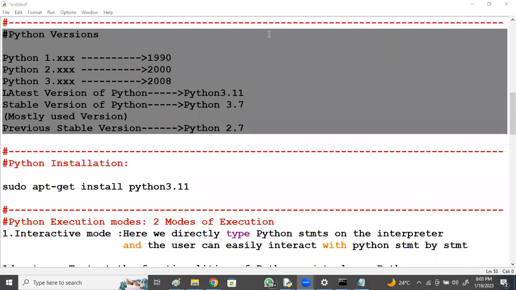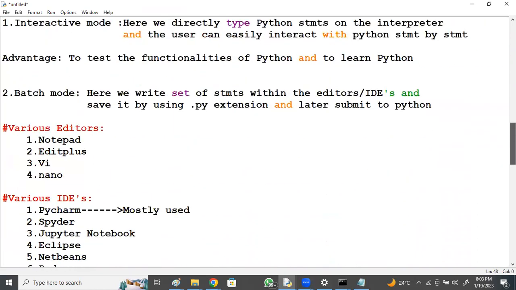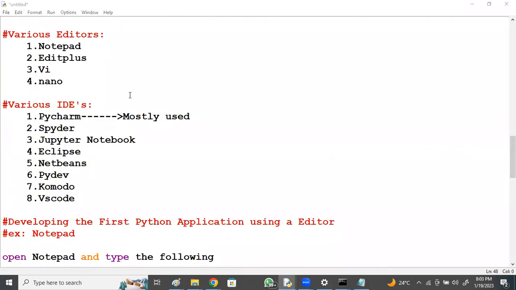Sorry, one doubt I had. During this 75 days of duration, are we working on Jupyter, or which tool? See, this IDE I was just showing you, PyCharm, is mostly used for Python.